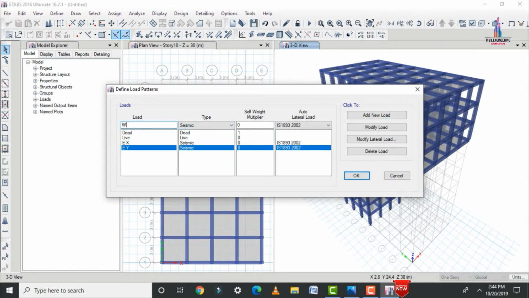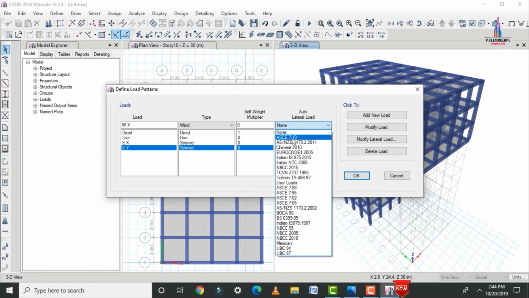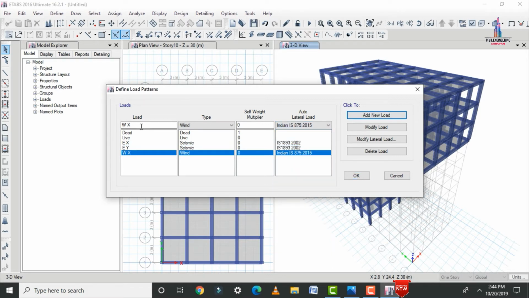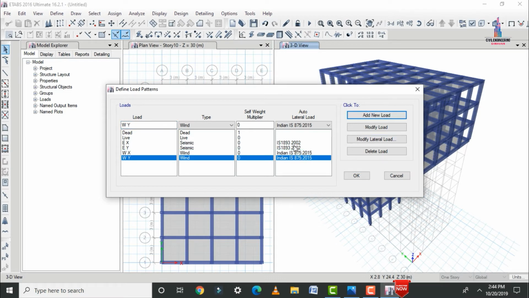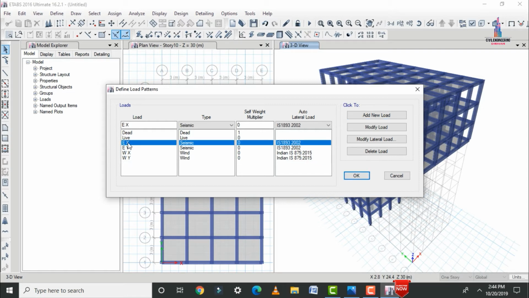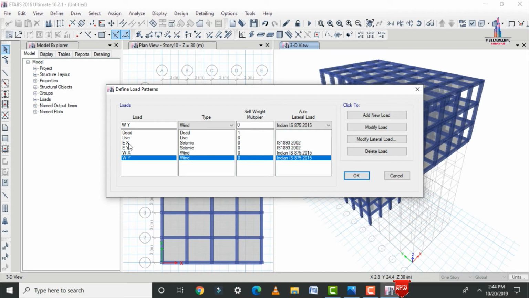Now we have to select the wind load in the X condition, and we have to select the type as wind load. As per the IS codal provision we need to select this respective value. So click on add. Again I am adding the value in the Y direction condition, click on add new property. After adding the property we need to modify the section related to your respective earthquake load in X direction, Y direction, and wind load in X and Z as per the considerations.